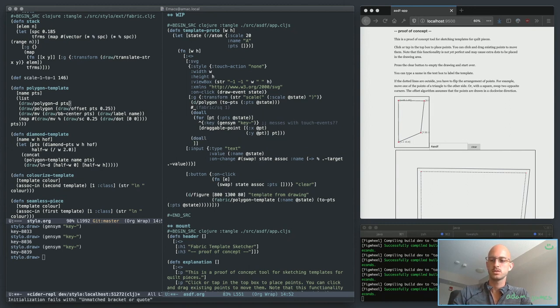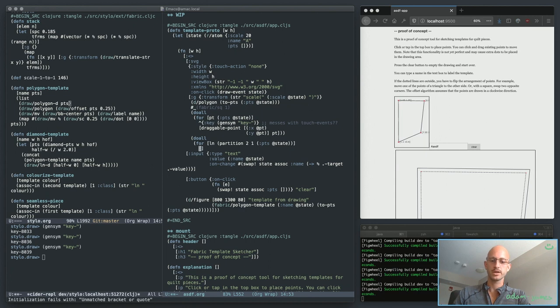Do all for line in partition 2, 1 points at state. Right, what I do there now, I do key gensim key, unique key,